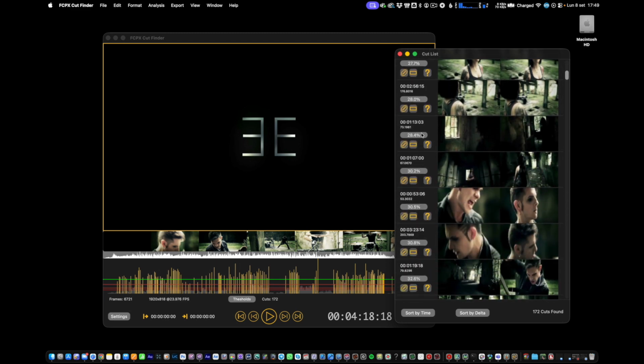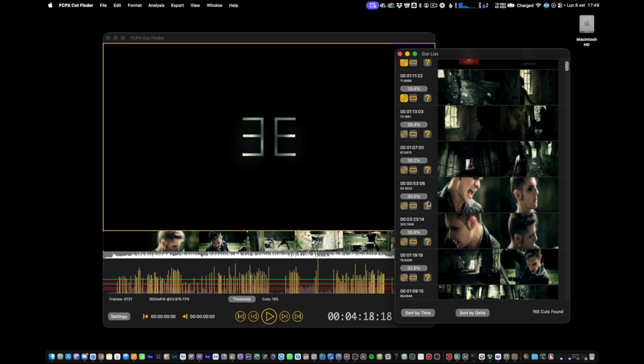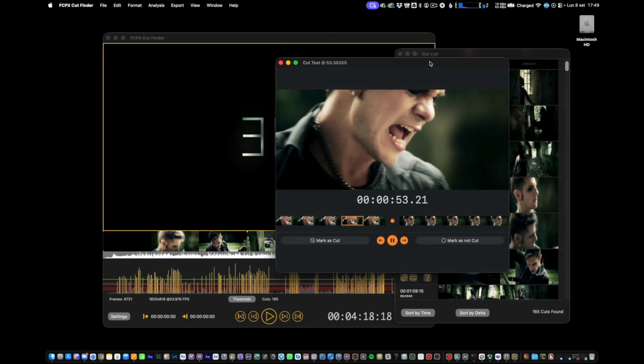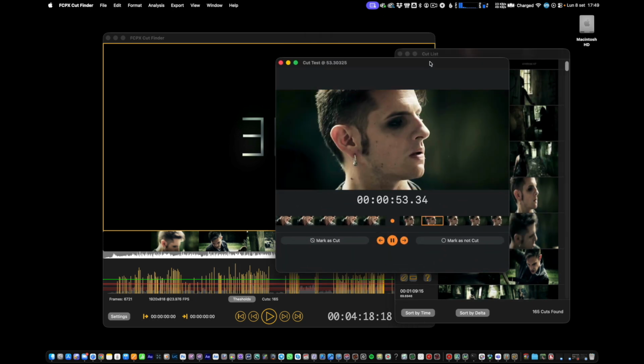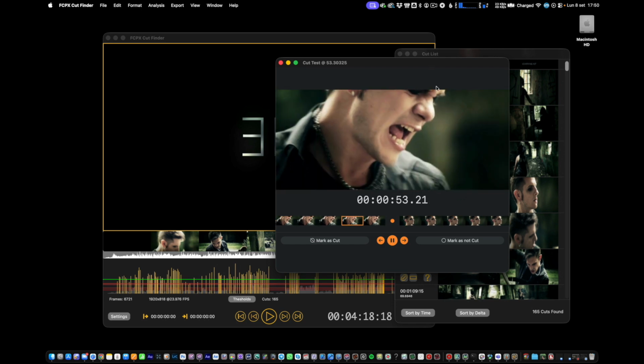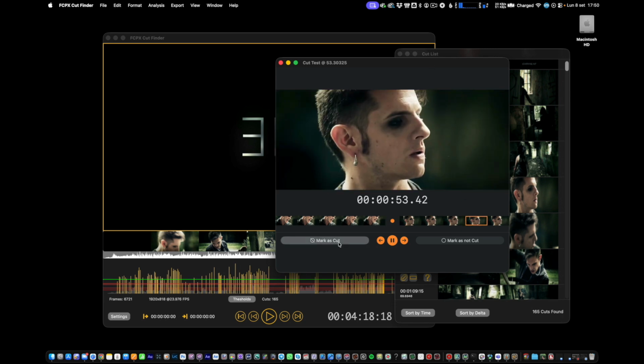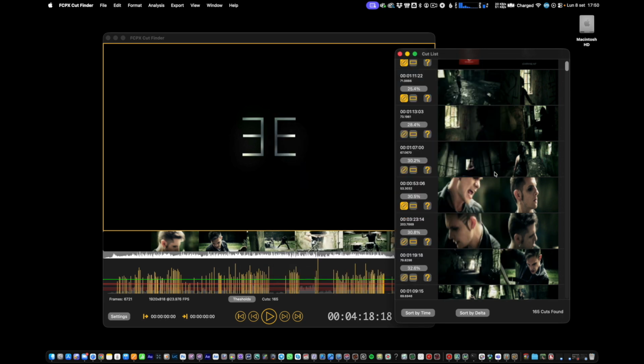If you are not sure whether the identified cut is a false positive or a real cut, click on the Test button. This window will open, showing the moments before and after the cut in larger size so that you can choose with confidence. If it is a scene change, click on the Force Cut button, otherwise click on Ignore.